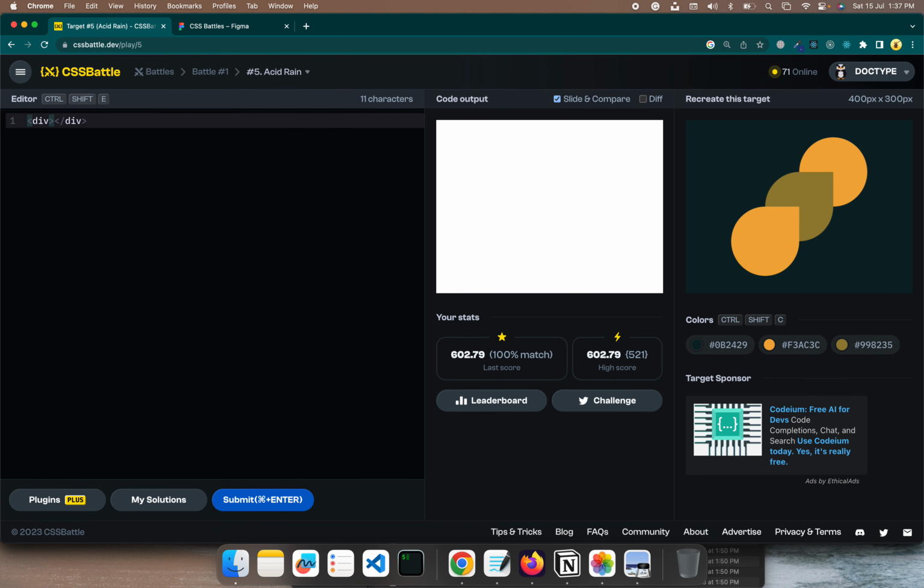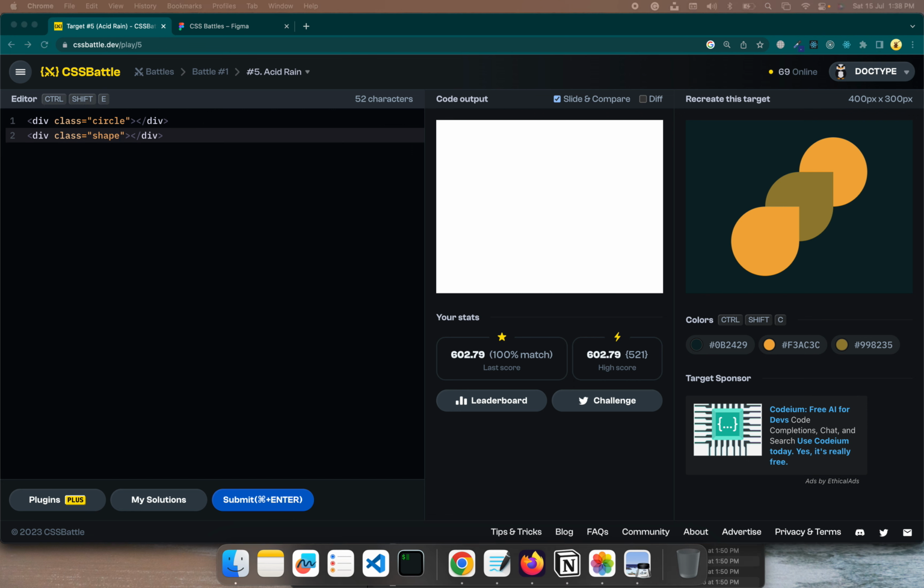So let's say I have a div, and let's give it a class of maybe circle, and then I'll have one more and I can give it a class of shape, something like that. So this will refer to this shape that we have, and circle will refer to the top one. And I think these 2 divs are fine. We can also have 3 divs, and by having 3 divs we can put all these 3 divs absolutely positioned on the DOM. But let's try to do it with only 2, and we will use box shadow to get the third one. So let's say style,